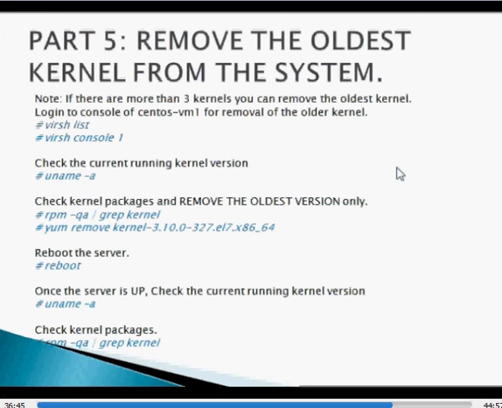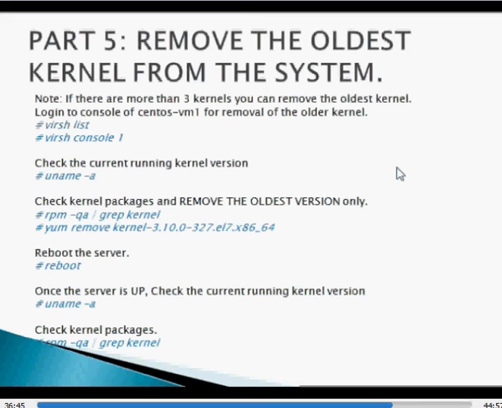Now let's perform the fifth part. We will remove the oldest kernel from the server. If you have more than 3 kernels, you can remove the oldest kernel. The process for removing the oldest kernel is: log into the console, check the current version of the kernel. Then using rpm -qa kernel, you will see the list of kernels. Remove the oldest kernel.